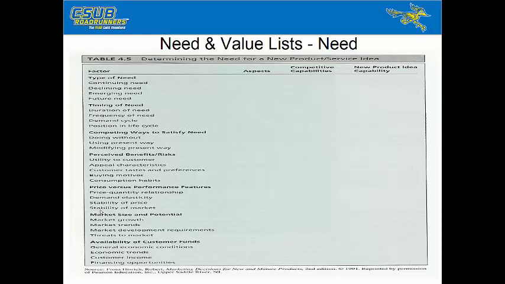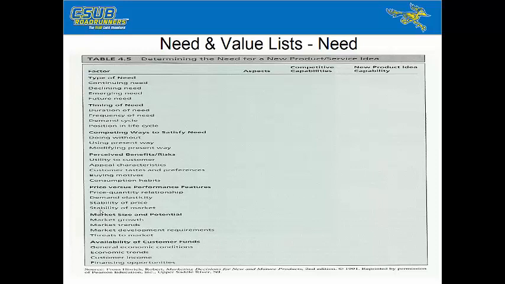What are the general economic conditions with respect to the idea? Are there enough people earning a decent salary out there in the world to have a market for your product or service, or are there not going to be enough people with enough money in their budgets to be able to afford your product or service?